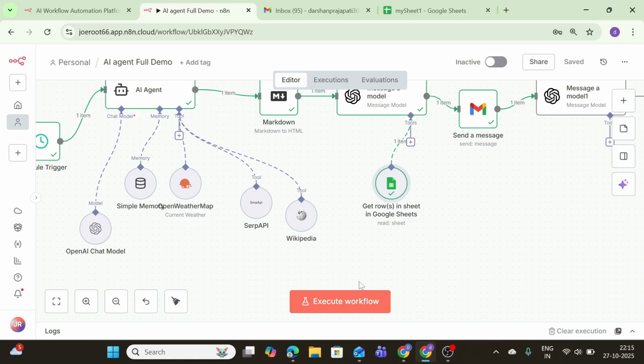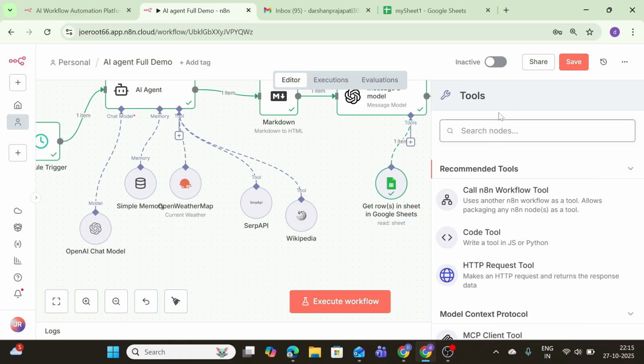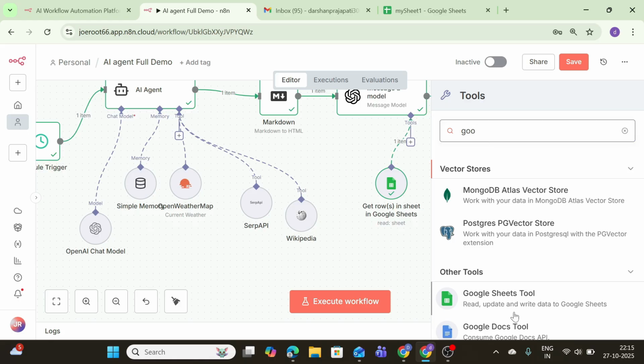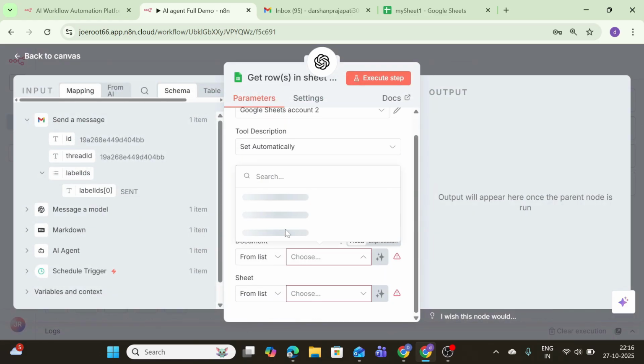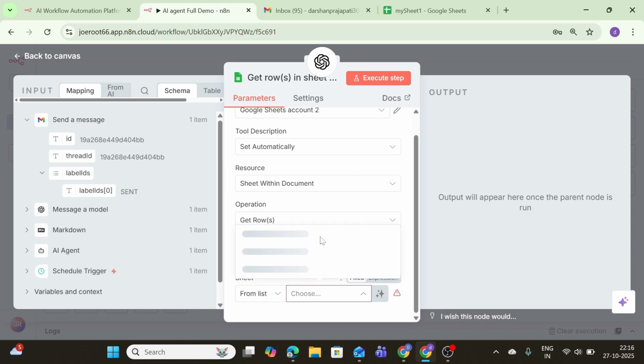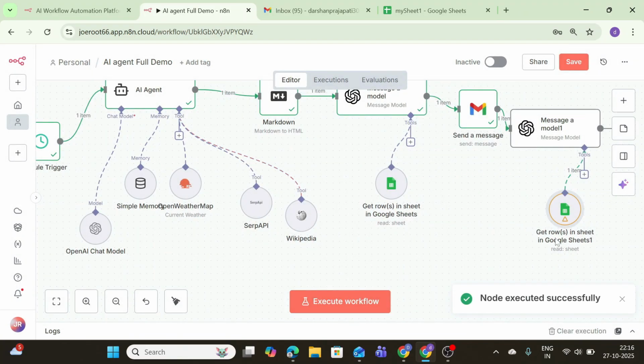So for that we are going to select another AI model, another tool. Here I will select again the Google Sheet tool, and now we are going to use it. Okay, it got refreshed. Select. Okay, it works. Now